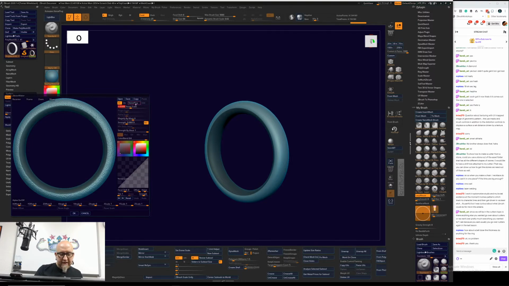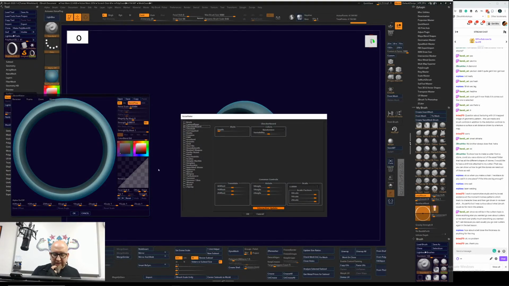And in here, the Noise plugin, there are all kinds of different things you can do. So let's say you want houndstooth. So you come in, you can